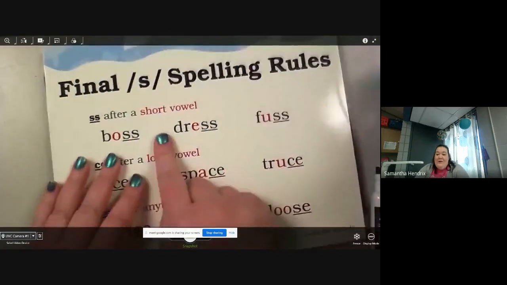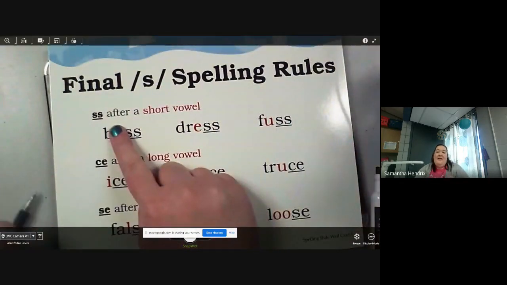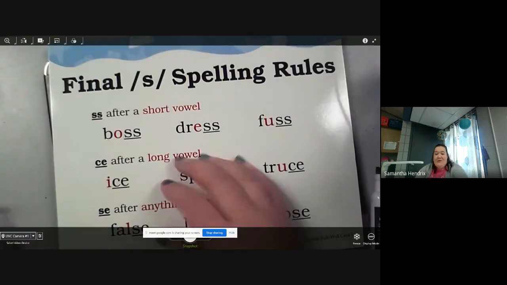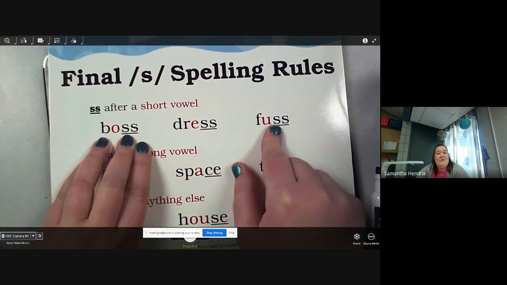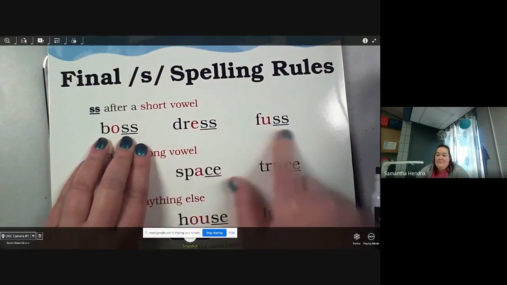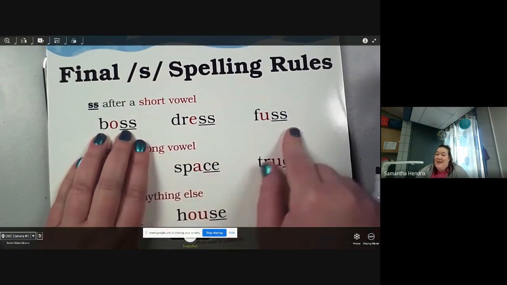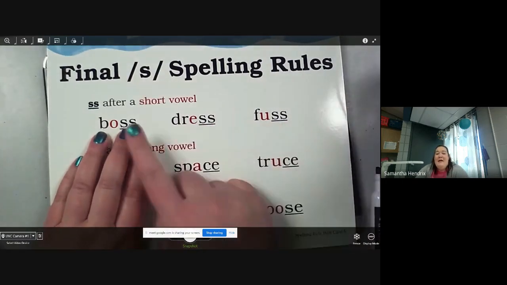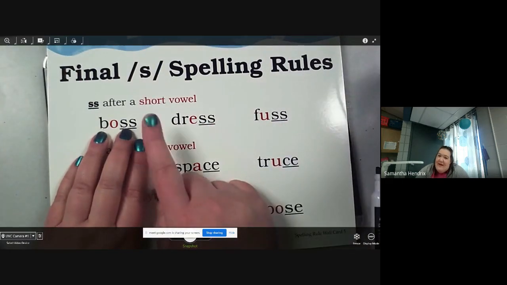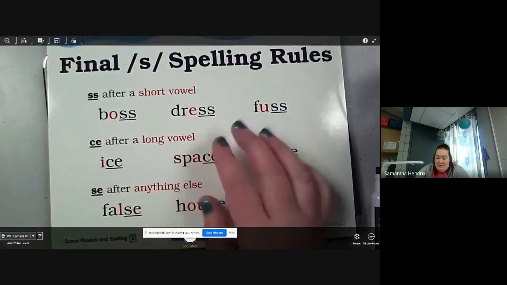So let's look at what happens when we hear the sound at the final position, okay? So the first rule, which we've done, is double the S after a short vowel. Boss, dress, fuss, floss, okay? We've done this rule. We don't do it a lot. It's not used an awful lot, but we know it, okay? Double S in the final position after a short vowel. So what we're learning today